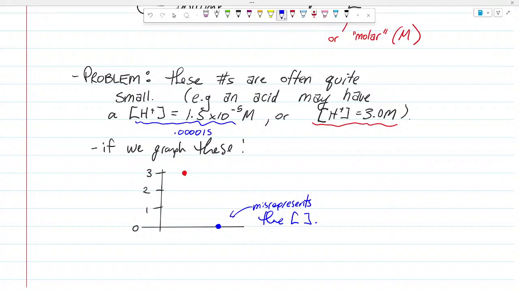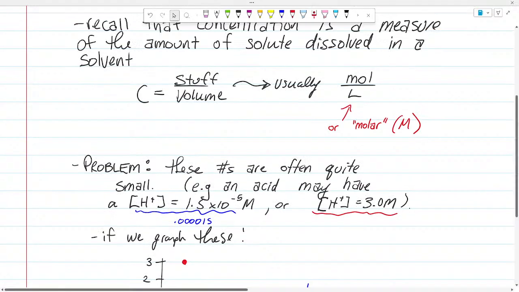If we graphed another one that was 7.0 times 10 to the negative 5 times as concentrated as that, it would look the exact same on the graph. Does that make sense? Because on a graph that goes up to 3, 0.000015 and 0.000075 look exactly the same, but they're really different numbers. So this is a problem. So what's the solution to that? And the answer is